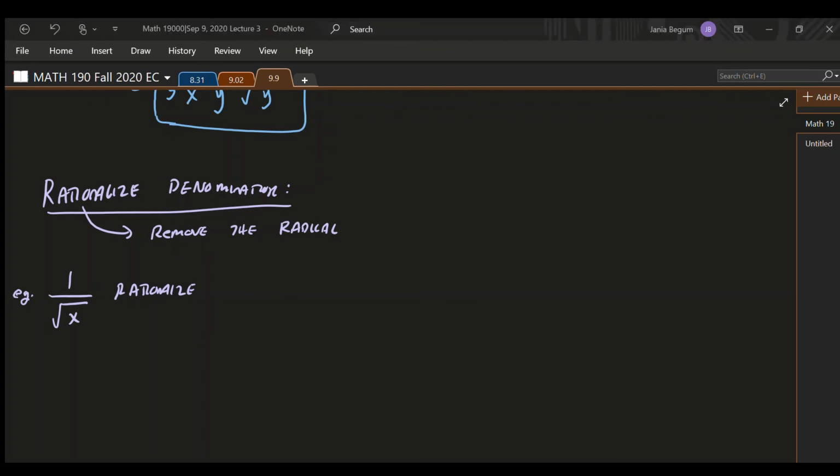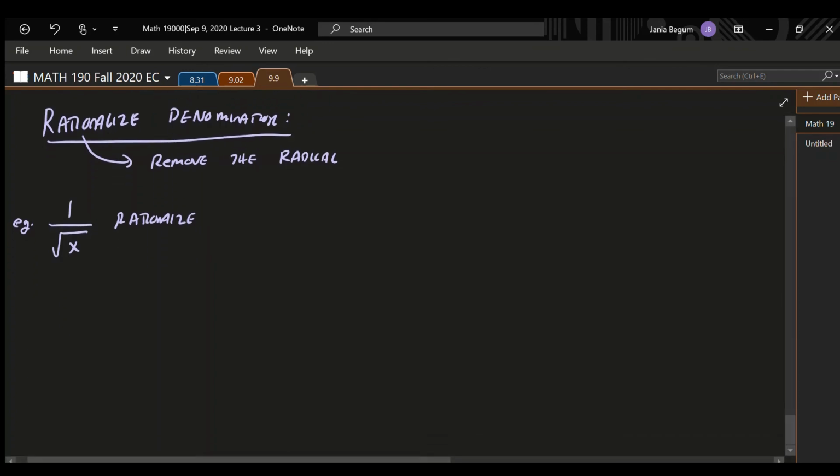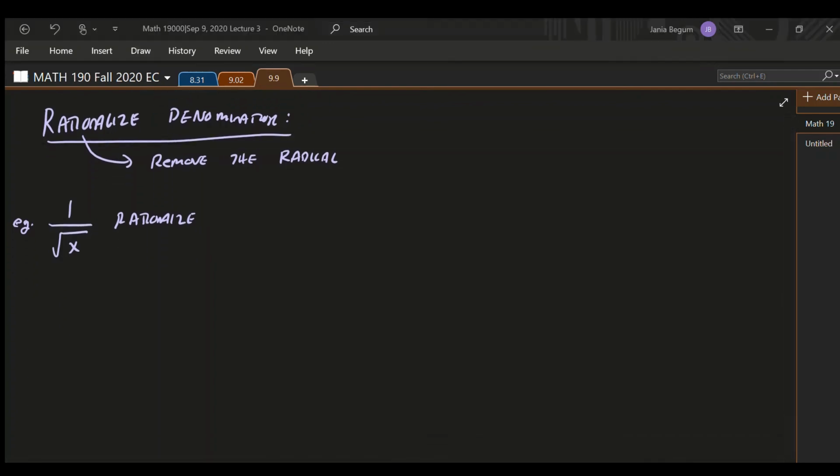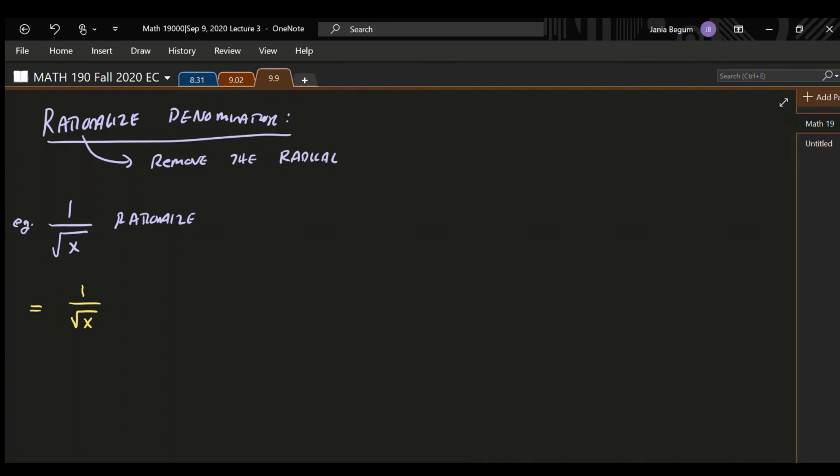So the person who said yes, Jamie or Alexis, tell us, how would you rationalize 1 over square root of x? We want to remove the radical. So go ahead if you have your hand up. No, it wouldn't be negative x. So all we want to do,